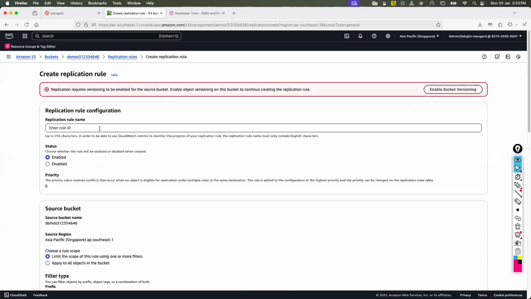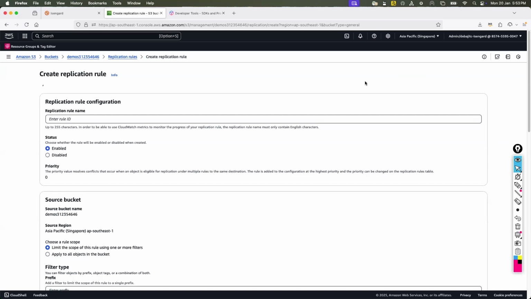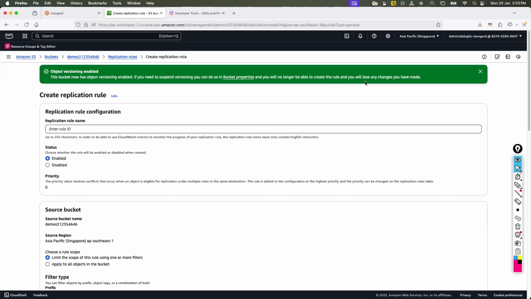Just create a replication rule and give it a name like replication. But yes, for that you have to enable versioning. How many of you know versioning? If you raise your hand, I cannot see. Yeah, versioning is something like GitHub, right? Or any kind of source code repository. If you enable versioning, it will keep on tracking your versions, and anytime you can go back to a previous version and restore. That is a very plain English, quick way I can explain it, but this is exactly how S3 works.